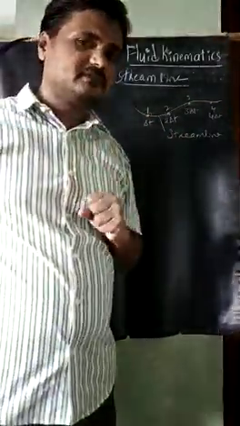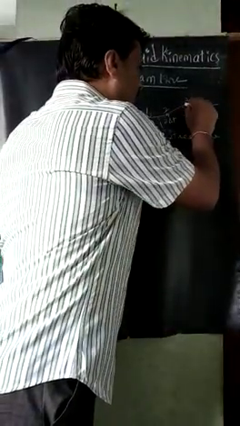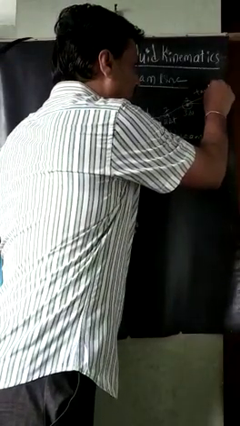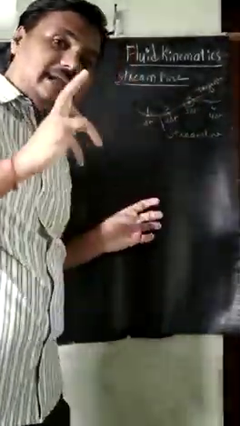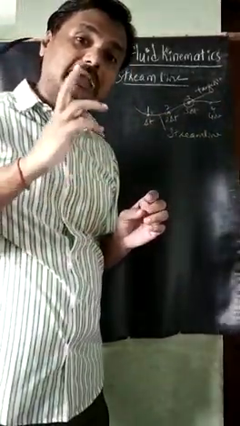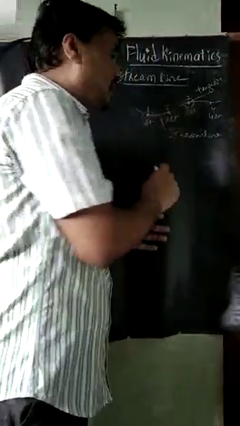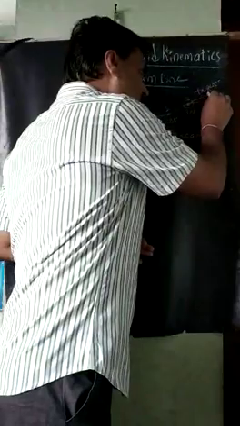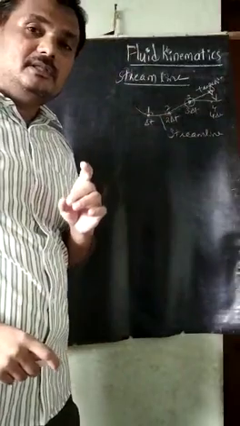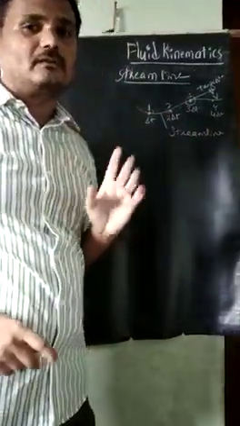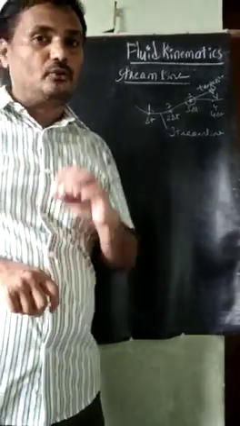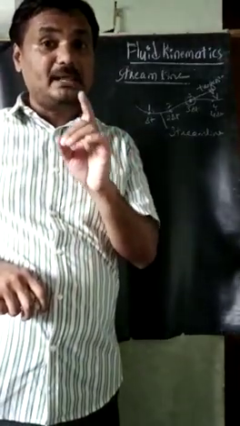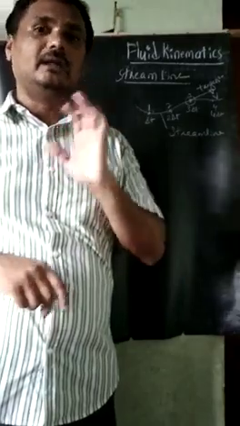Another nature of the streamline is what here now? If at any point I draw a tangent, that indicates the velocity at that point. Very, very important. That is the characteristic nature of the streamline. If I draw a tangent at the third point, that is a capital V, means the velocity at that point. So therefore, it is very easy to mention the mathematical form for the streamline.